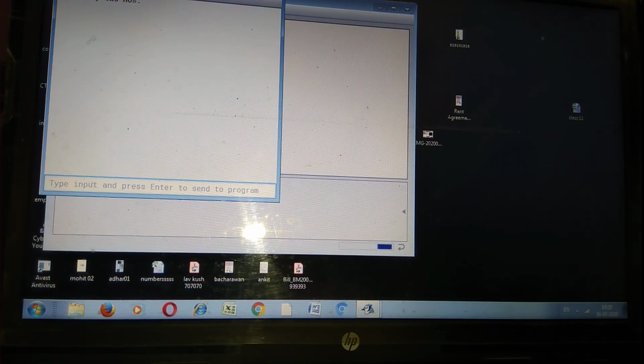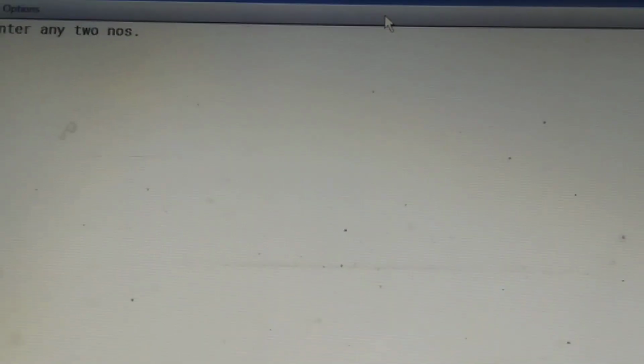See here, it's a terminal window. In the terminal window it's written enter any two numbers. So you enter any two numbers.